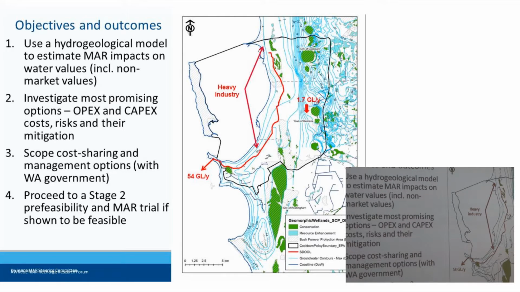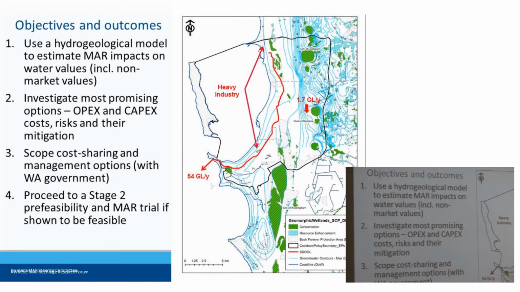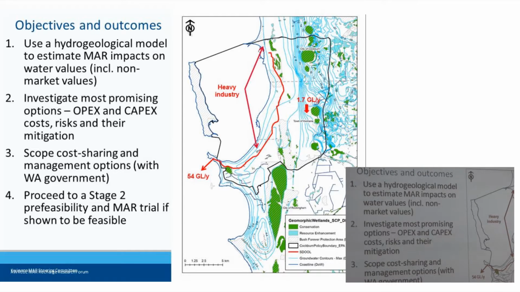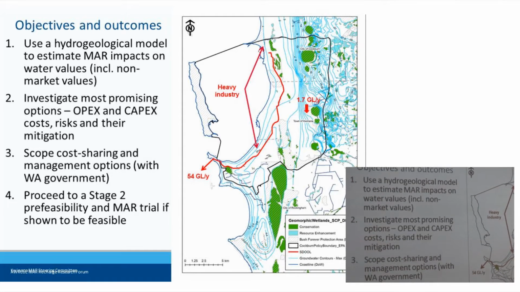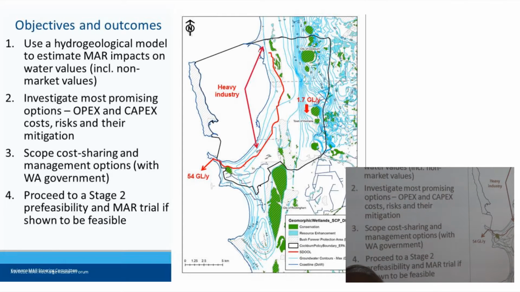So the major effort we've got at the moment is actually building a groundwater model that's detailed enough to look at all of the scenarios. So if we would divert some of that water and put it into the aquifer here, what would be the impact on groundwater levels? And could we save a lake or produce water for industry or push back the saltwater interface? Then once we've identified 3 or 4 or 5 options, we're going to get the capital and operating costs of those, look at the risk mitigation, and who the beneficiaries would be from those